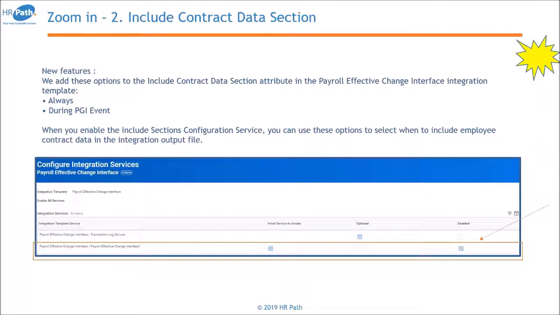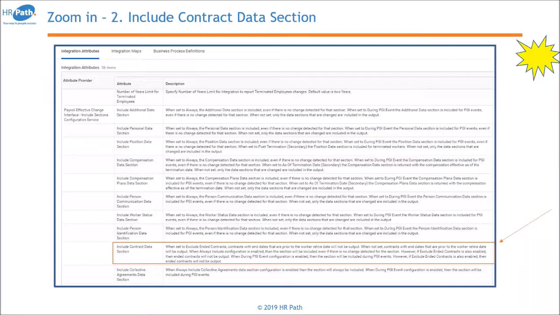So first of all, you need to activate the PG integration, and this you can do by configuring the integration service and making sure that the payroll effective change in the interface is switched on. As you know, you can only use a PG integration on tenants which are grid enabled due to the processing power that is needed for it. Moving on to the next slide, we can see how this will be configured